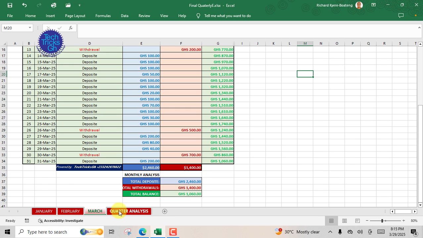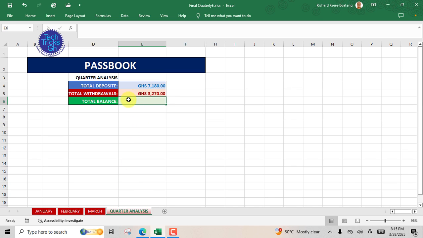To derive a quarterly balance, we will aggregate the ending balance for each month and calculate the total balance for the first quarter. By consolidating this data onto the quarterly analysis worksheet, we can gain a holistic view of financial performance